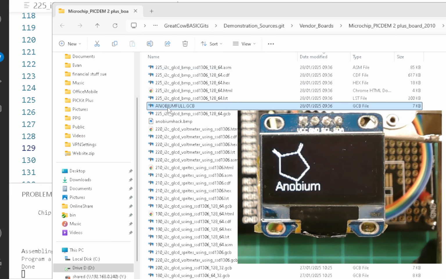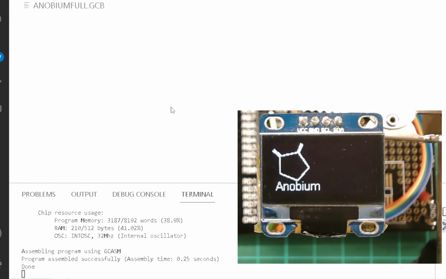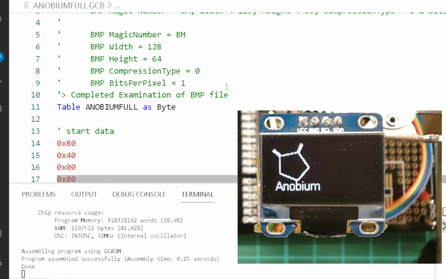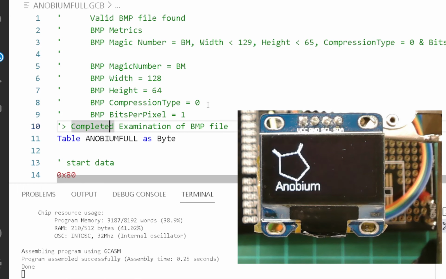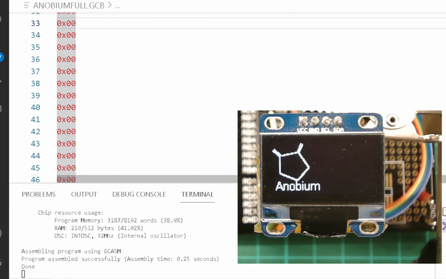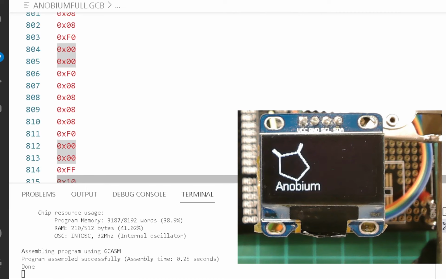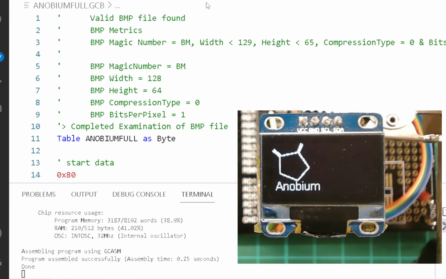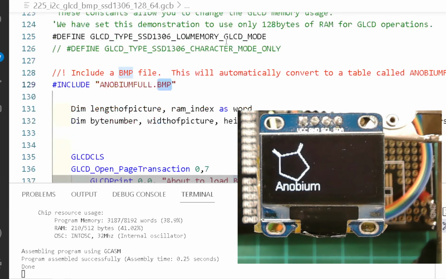It created a file called anobiumfull.gcb, the same name as the file. It's just created this a few seconds ago. Okay, it's got information in here. It's got metrics. Tells you it's 124 by 68, 1 bit per pixel, and there's a huge table. Look at that. That BMP has been converted into a table. This program